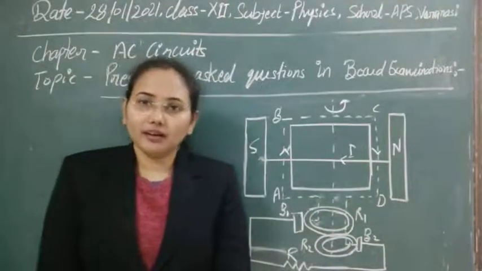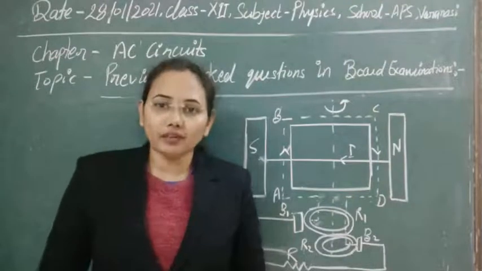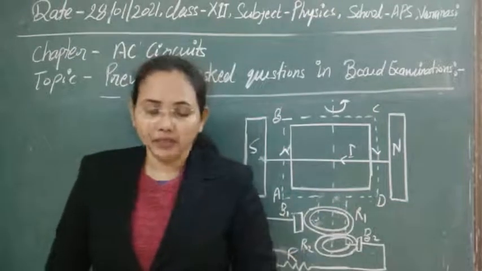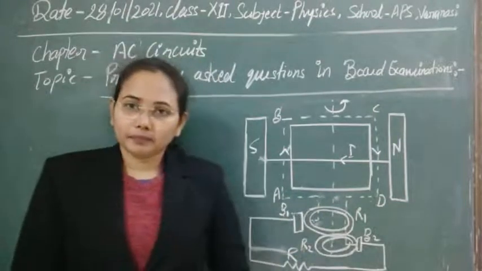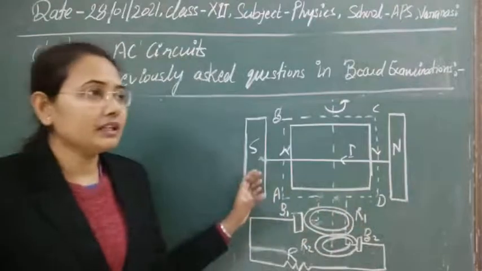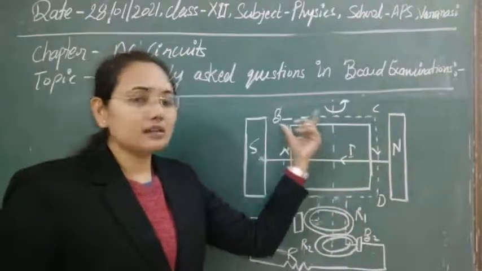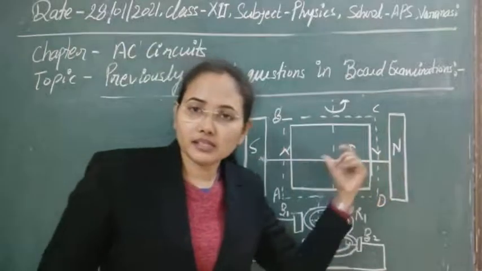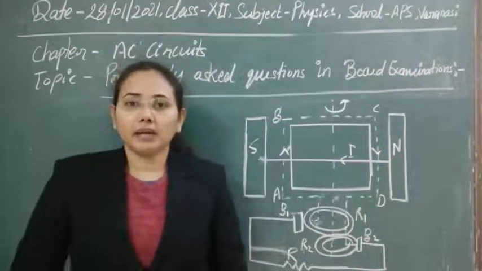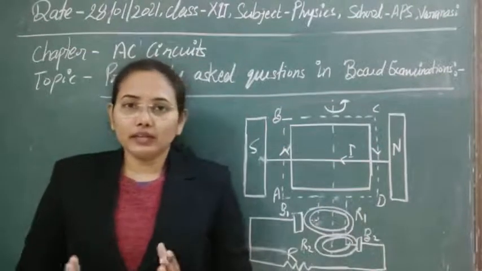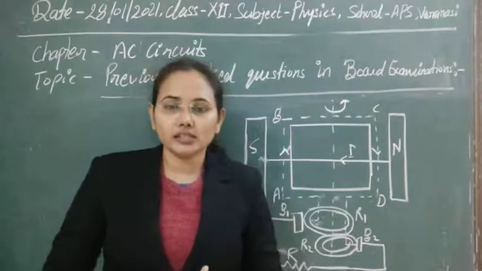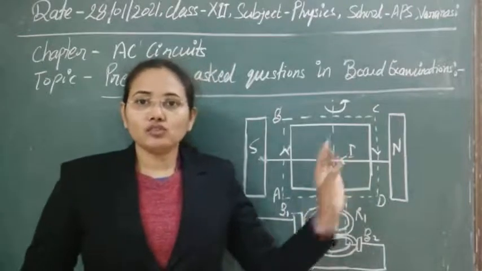Now, what is the working of this AC generator, how does it convert, or how can we produce the AC voltage with the help of this generator? Whenever these coils are moving, then with their movement the angle between the plane of the armature and the pole pieces, or you can say the magnetic field, changes. You know that whenever the angle between the plane of the coil and the magnetic field changes, then obviously the flux linked with it will change.